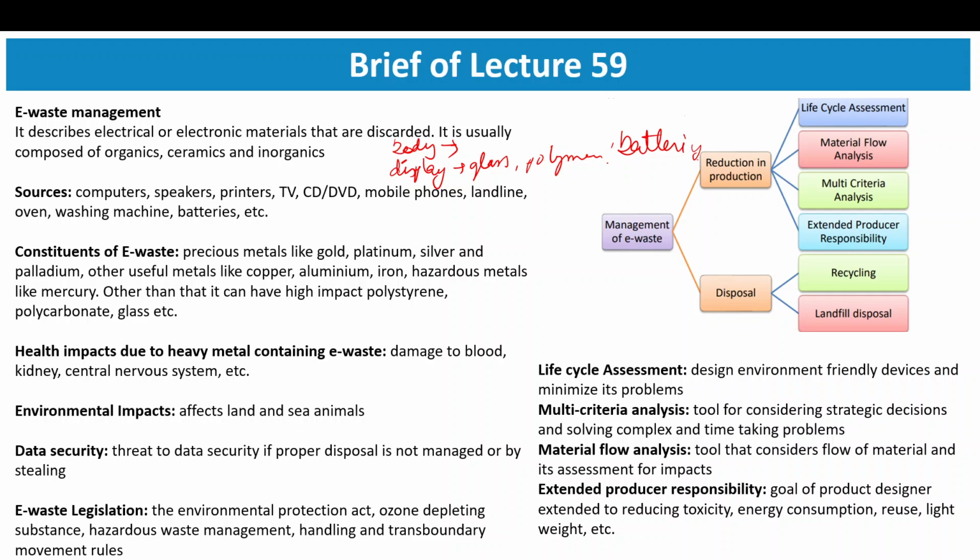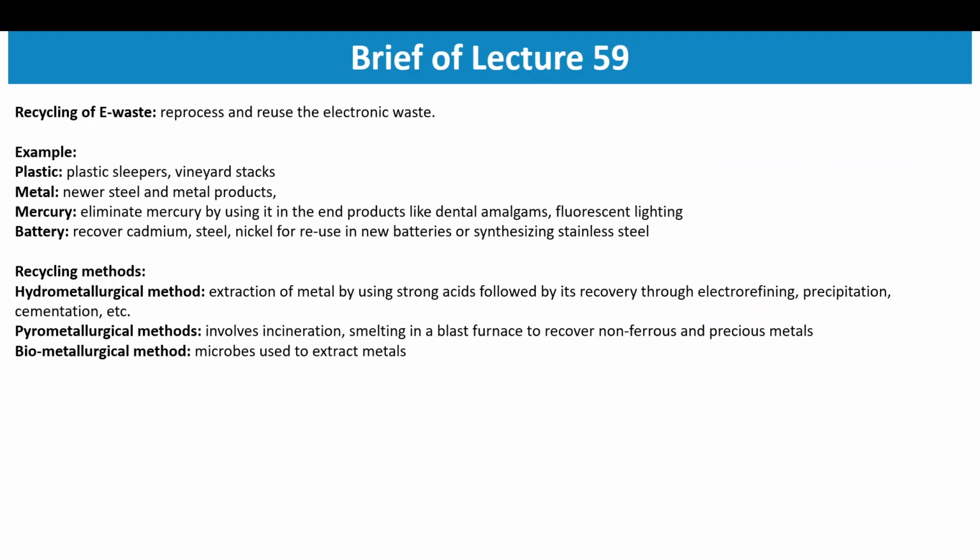So that comes under extended producer responsibility. So it is the responsibility of producers to provide the guidelines to have proper disposal of the waste which is generated, right? The next is if the waste is generated, then